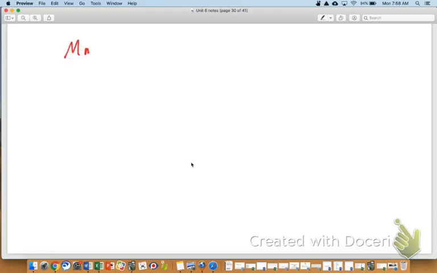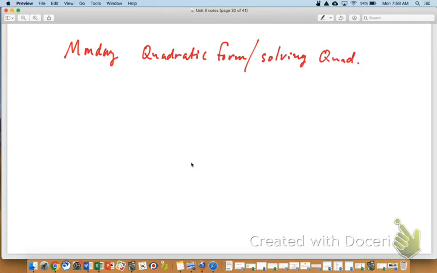Today, Monday, we're going to do Unit 6, Day 13. What we're going to focus on today are things like the quadratic formula, remember? Slash solving quadratics in general. So that's today. We're going to focus on that here in just a second. Tomorrow we have class. It's going to be Tuesday. And what we're going to focus on tomorrow is graphing